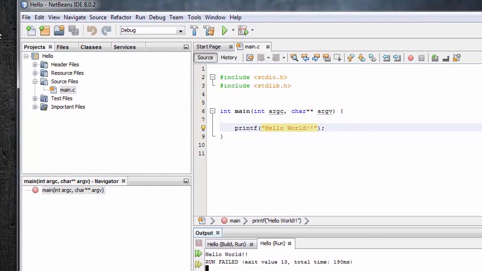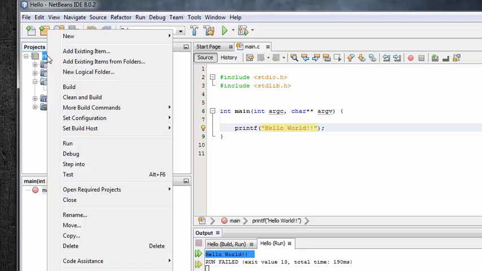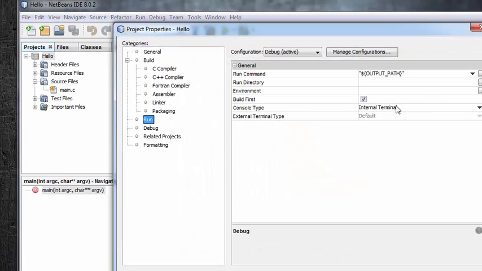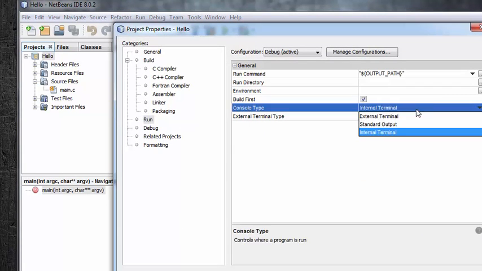One more thing, if you don't like this hello world to be here in this internal terminal, you can switch it to the external terminal. Go to the properties of your project, click run, and over here you will just change it to external terminal.